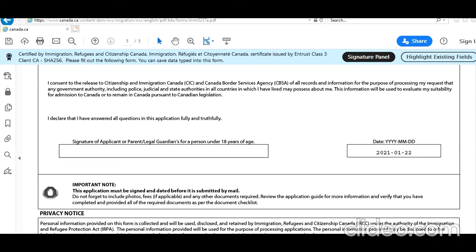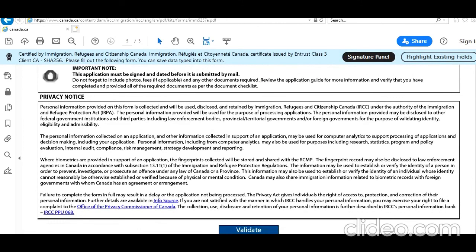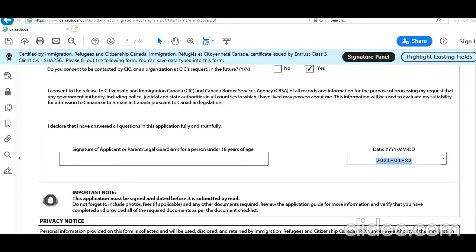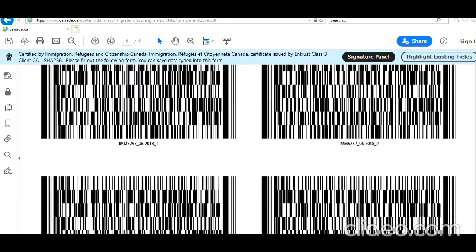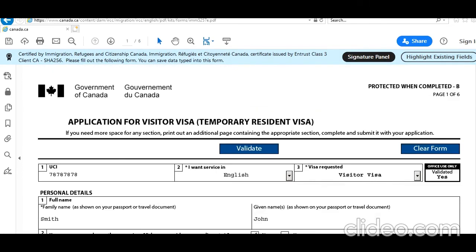You sign it electronically at the end, that I have already shown in different videos. For a paper application you need to print and sign, but this is an online application, so you don't need to put any physical sign. Click on validate. Okay, validation is completed. So now you're going to save this whole page including the barcodes, and then